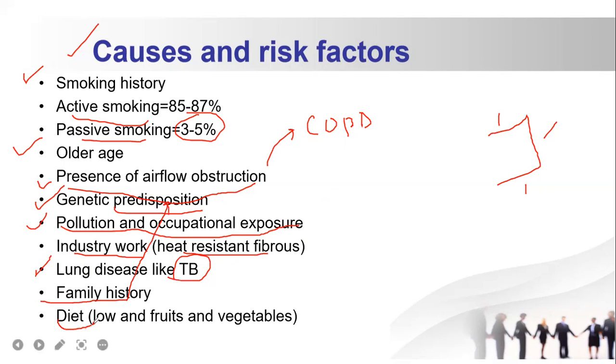And then the diet. Recent literature shows that diet can also contribute to lung cancer, especially a diet low in fruits and vegetables. So these were the different risk factors of lung cancer. The first one was especially smoking, then occupational exposure, then some lung diseases like TB or chronic obstructive pulmonary disease, and then diet that is low in fruits and